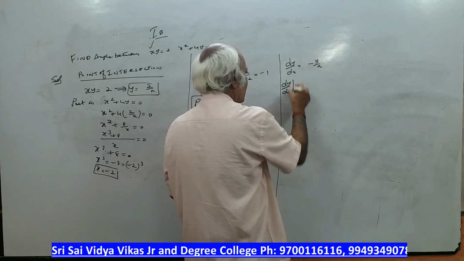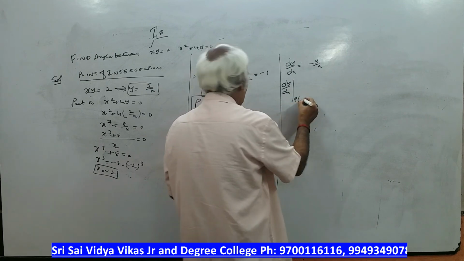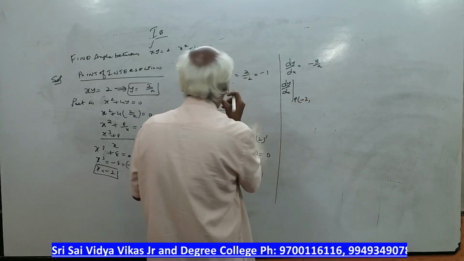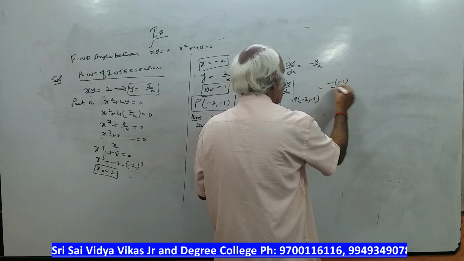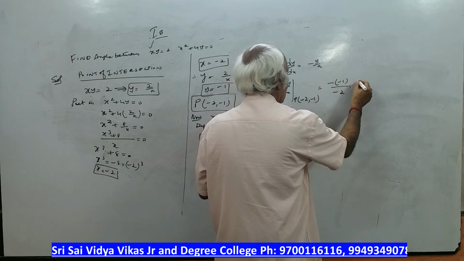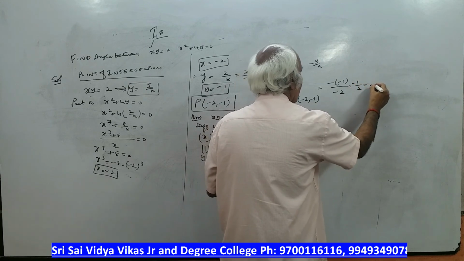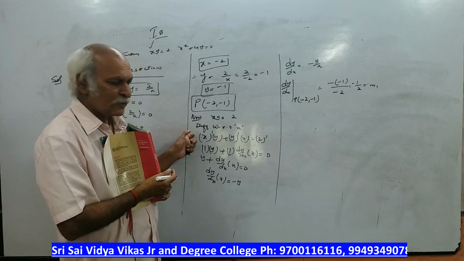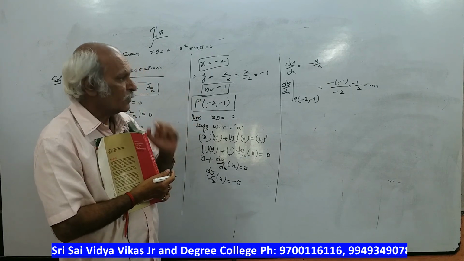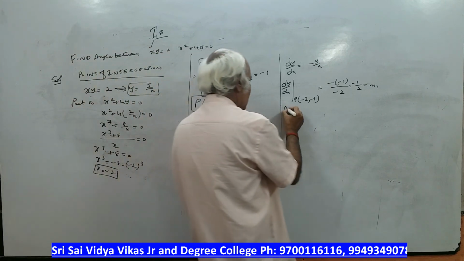dy by dx at the point P, minus 2 comma minus 1, is equal to minus of minus 1 by minus 2. So 1 by minus 2, which is m1. So for the first curve, we find the derivative and substitute the point. Again,